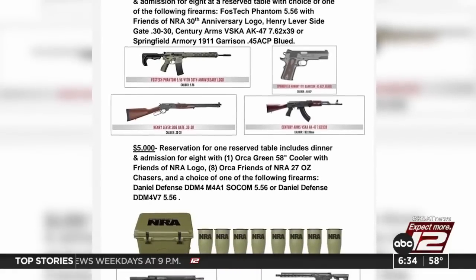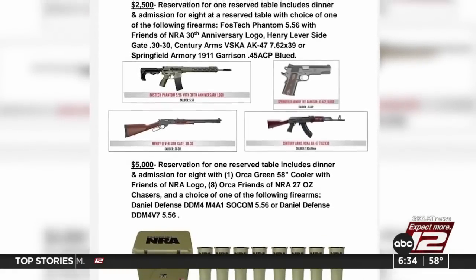We do stand with Uvalde. We're not okay with what happened. We're not okay with an 18-year-old being able to purchase an AR-15. We're not okay with the NRA raffling that. According to the event's flyer, there will be guns raffled, and if you make a large enough donation, you can